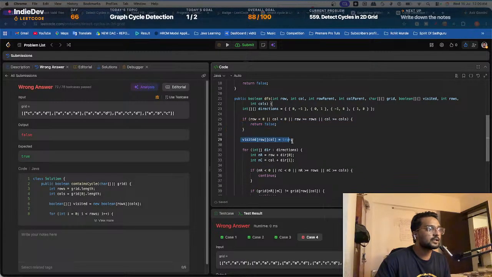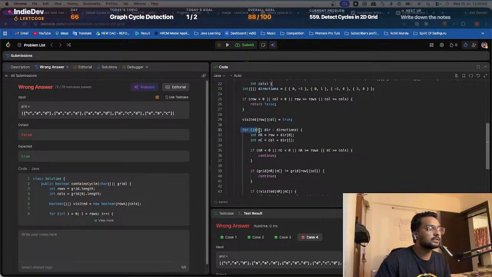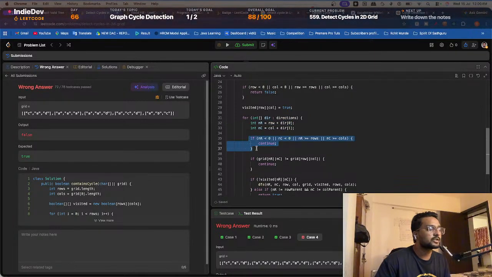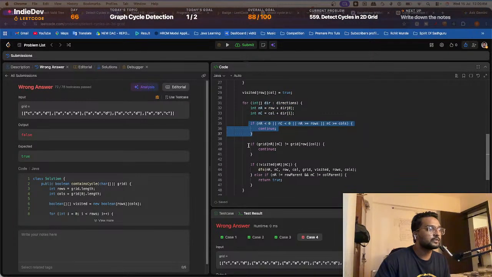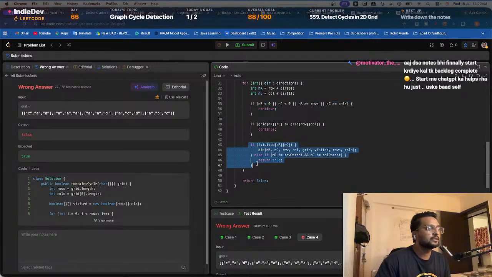Else I'm marking this current row and column as visited true. Then I'm iterating on directions, continue if it is out of bounds, continue if the new row, new column of the grid is not equal to row and column, then continue. That doesn't. And then